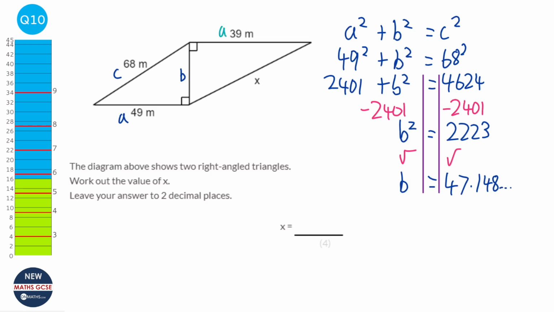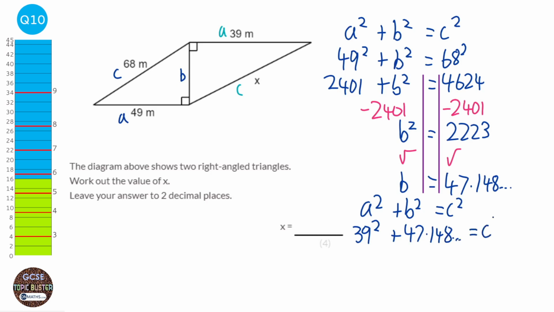Okay, we're now looking at the second diagram, and this time we're going to have a, we've got our b, and we're going to call x the c. So it would be a squared plus b squared equals c squared, but this time a is 39. b we are given as 47.148, we've just worked that out. And we're looking for c, in fact we can call it x now. Okay, so we need to square that. So we do 39 squared plus 47.148 squared,